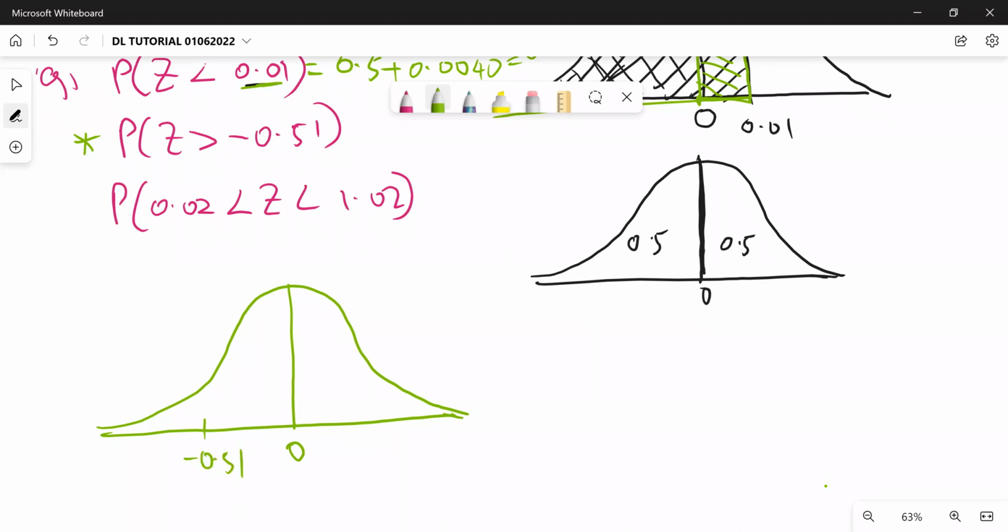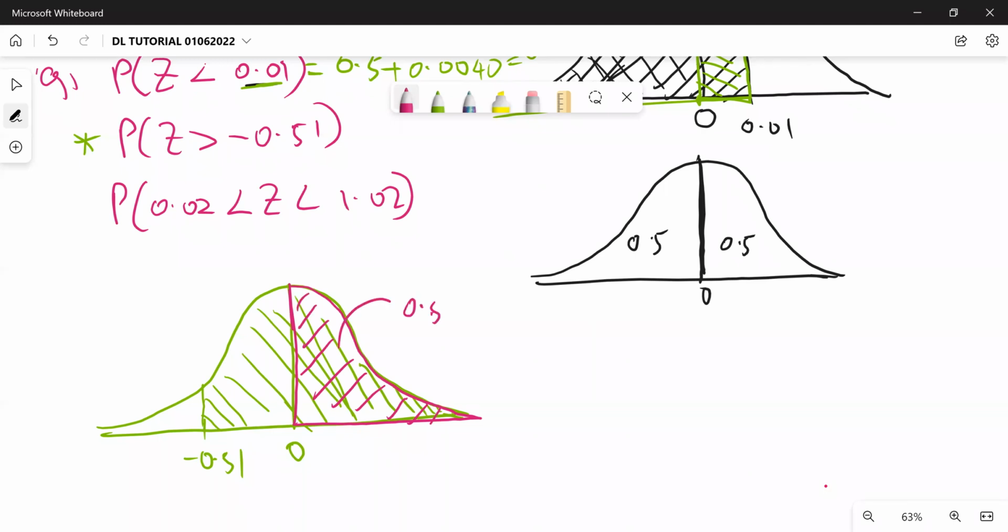And we're talking about the area above, so greater than, meaning that you take that, then you go all the way to positive infinity. We know that this area up there is 0.5. So we can say this is equal to 0.5 plus